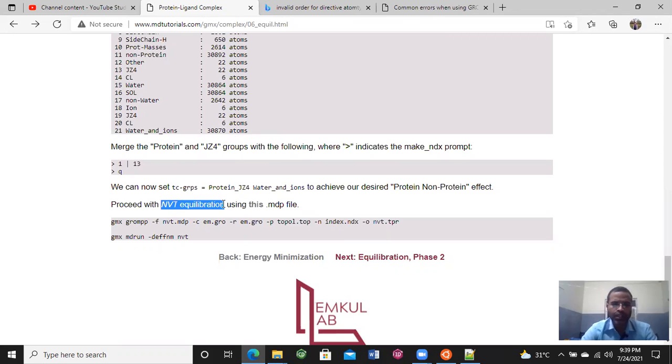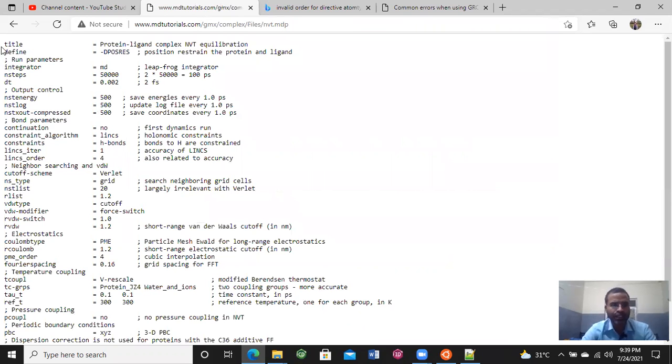So first create the nvt.mdp file, and the parameters for this file are written here. As I said for the tc-grps group, if the protein ligand or protein ion is given here, if you do not merge the index, then you have to make two changes.